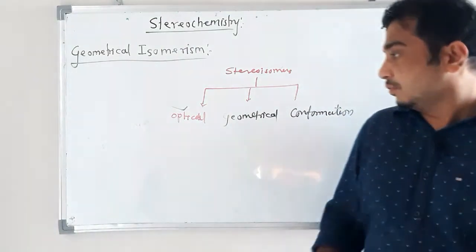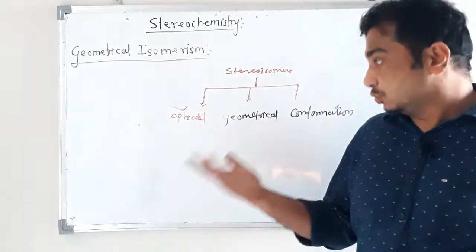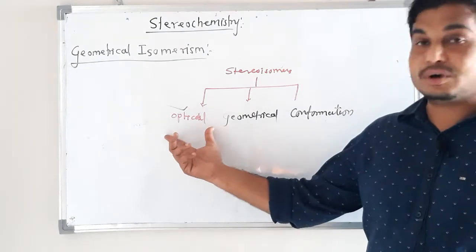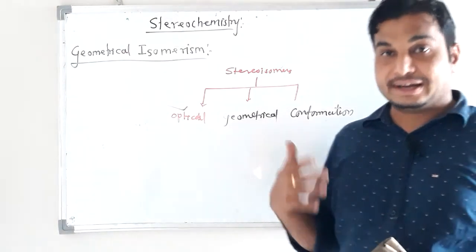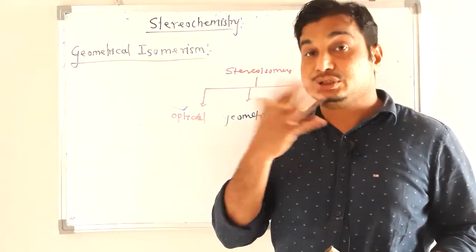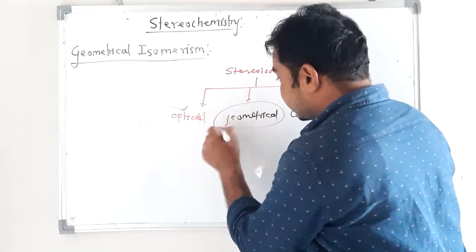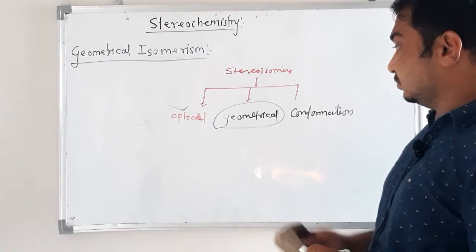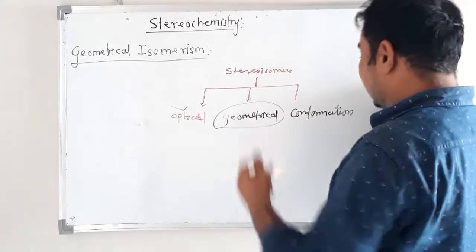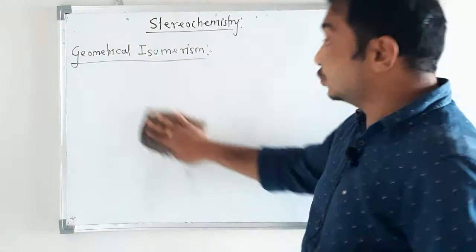We have taken some basic concepts in optical activity. What is optical activity? Their isomers, enantiomers, diastereomers, and what is the condition for a compound to show optical activity. Then the next part was symmetry and symmetry elements, which we have already taken. Today I am going to discuss geometrical isomerism, what is the meaning of geometrical isomerism, and next, last, conformational isomerism. Now let us see geometrical isomerism.